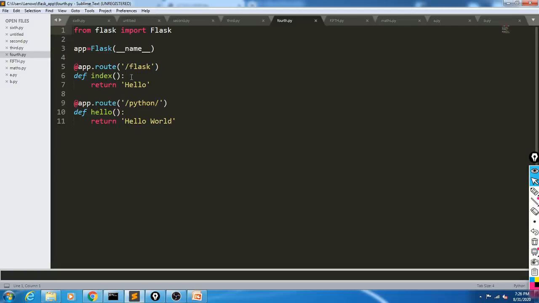So in the video we have seen what is the use of slash. Okay, what happens when a forward slash is given at the left hand side and a forward slash is given at the right hand side. Okay, trailing slash and leading slash. So in this URL slash flask is there, and in this URL slash python slash is there. We are going to execute both the URLs. So look here how it will execute.